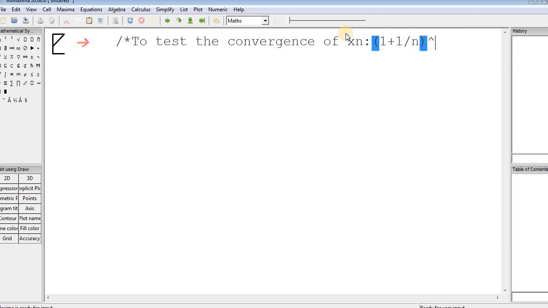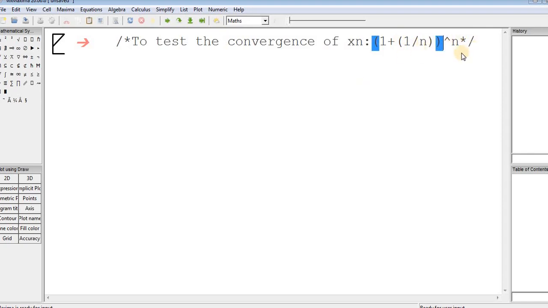The font is a little big, I will make it small. This is a standard sequence, and to make it a comment, write star and slash. This is the title of the program. If possible, you can make one bracket here, so it will avoid the confusion. Now it's okay: (1 plus 1 by n) to power n.